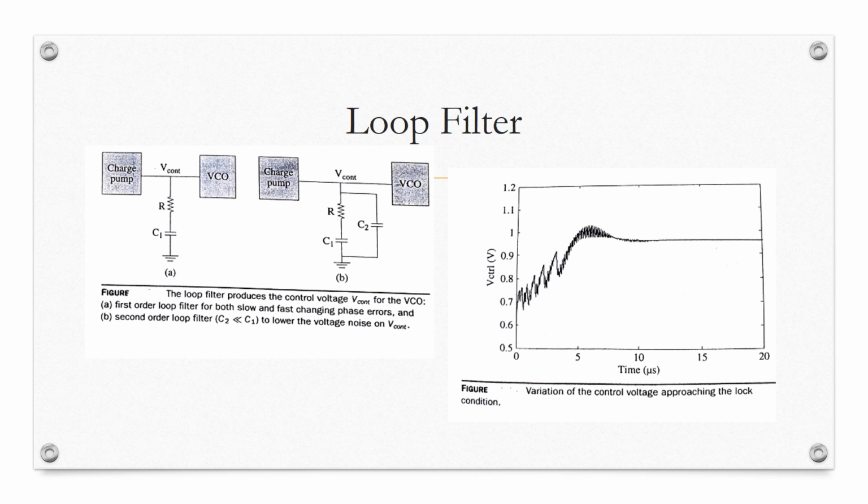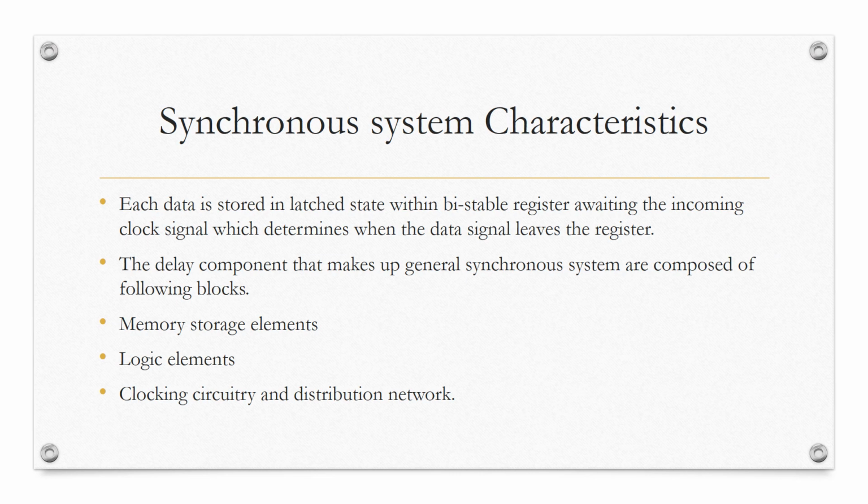There are ripples which are already present in the control voltage, and they must be removed in order to convert it into DC voltage, which can be used for biasing purpose to the varicap diode which is lying in the tank circuit of the VCO, in order to bring the lock condition.